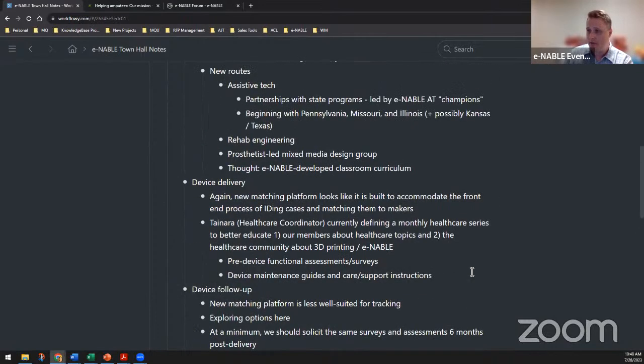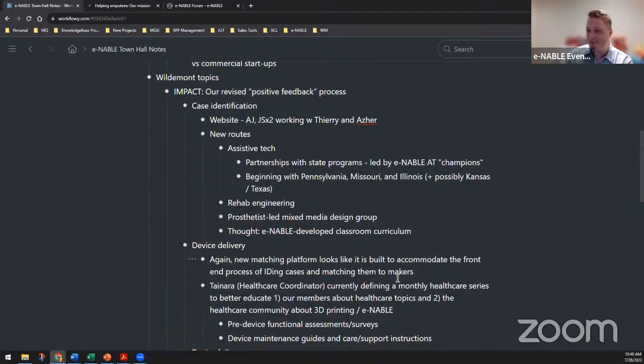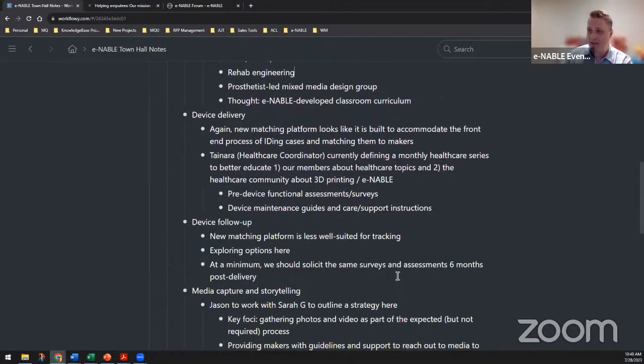On the next part of this holistic process, obviously we've only covered step one, device delivery. Again, I think the matching platform is going to be really helpful in that. Trying to improve communication with potential recipients is really core, in my opinion. I think that we need to, when we're looking at this new matching platform, try to make sure that there's